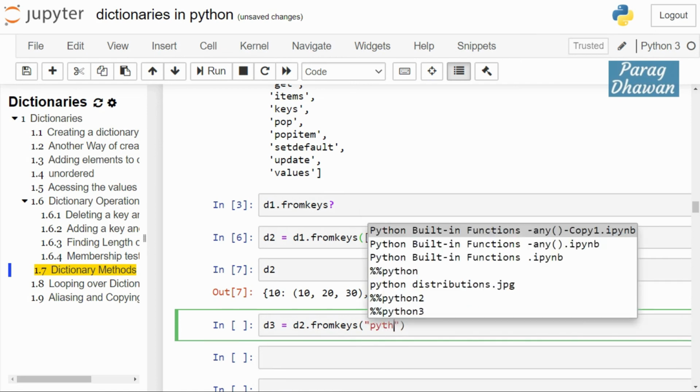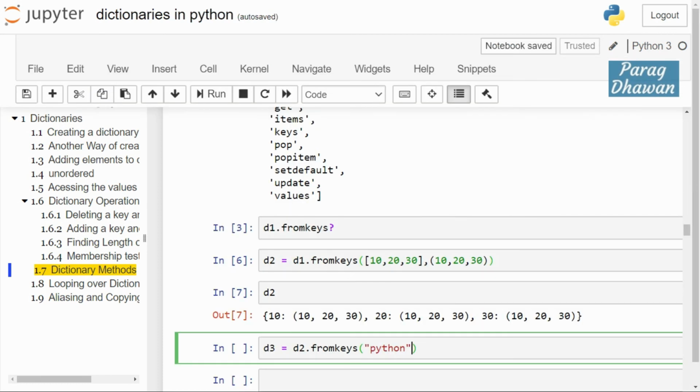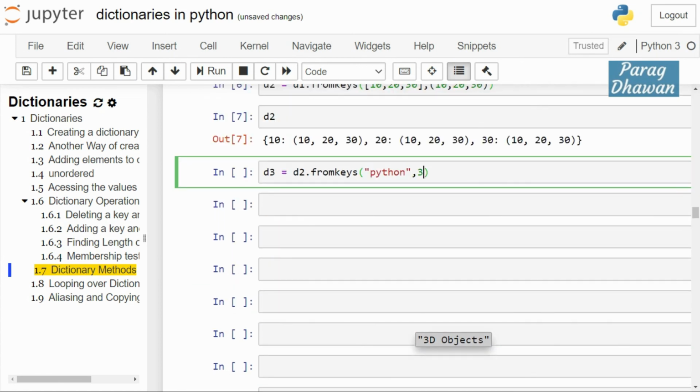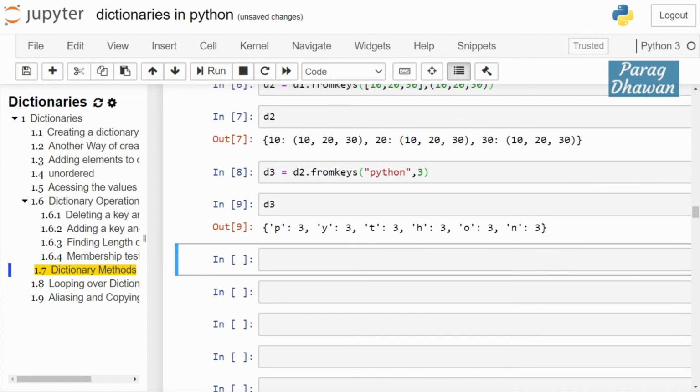Here in this case we are passing a string Python, and for each element of this string we are assigning a value of 3. Click on the cell, run the cell. D3 is created, and if you check the content of D3, then you get the output P3, Y3, T3, H3, O3 and N3.